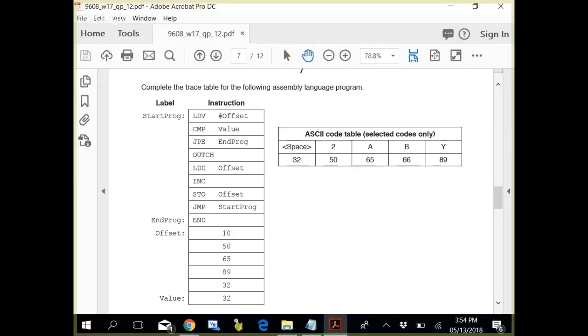So LDV is again LDM. So accumulator, offset. What is offset? 10. Accumulator has now 10. Compare with the value. What is value? 32. So answer is false. So JPE would not work. Out.